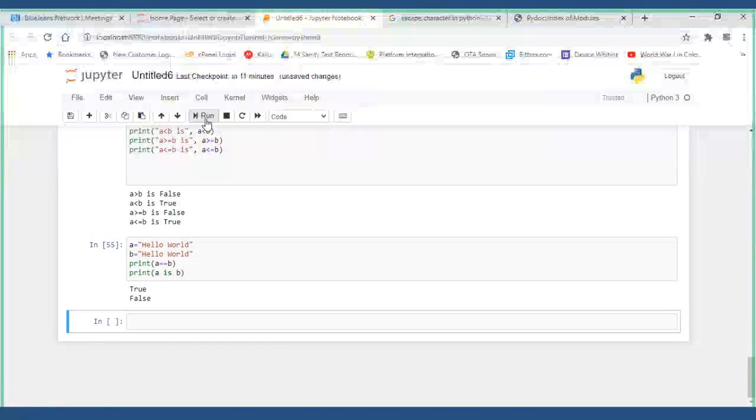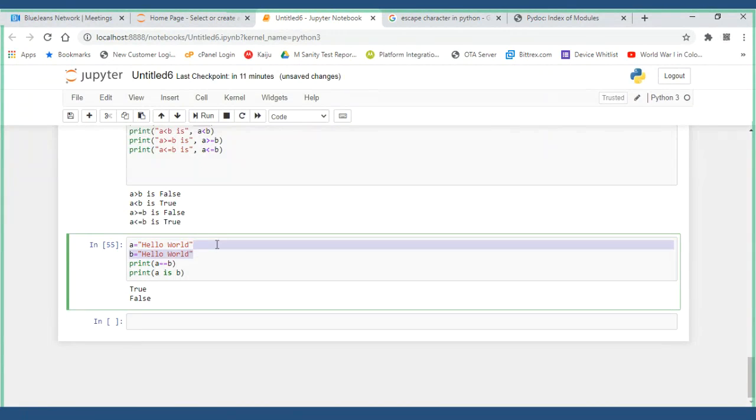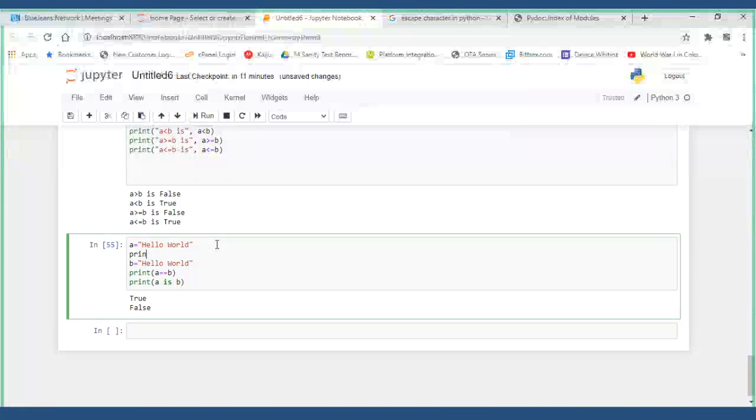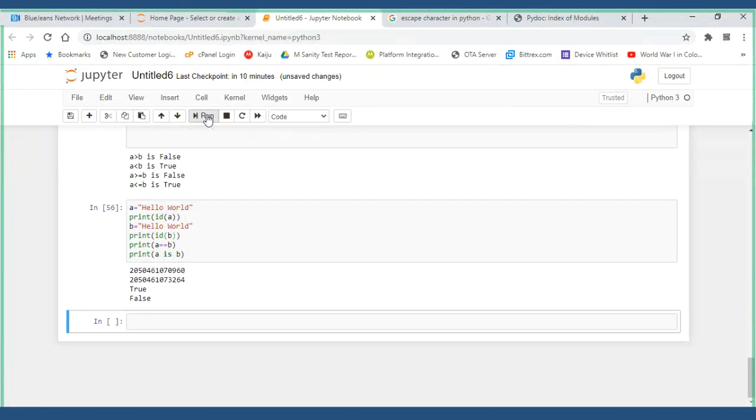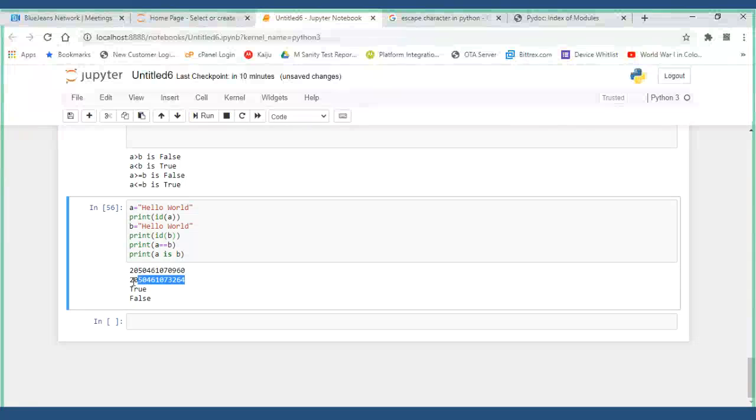So now you see this. The address of A is something: print ID of A. Now I'll copy it: print ID of B. Remember that, this is very important. Since the addresses are different for A and B, it is giving me the result as false.